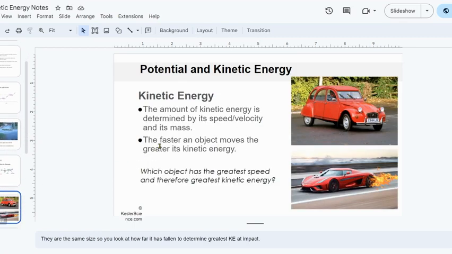Okay, potential and kinetic energy. So right here, this car versus this car, which one looks like it could do more damage? Well, you probably are thinking, well, this one is going a lot faster. And you're correct. The faster the object or the greater velocity, you're going to have a greater amount of kinetic energy. This old bug, Herbie can't go as fast as this race car. It's still a big car. It could still run over your foot. That would hurt. But this is going to have the most amount of kinetic energy because it's got the greatest amount of speed.